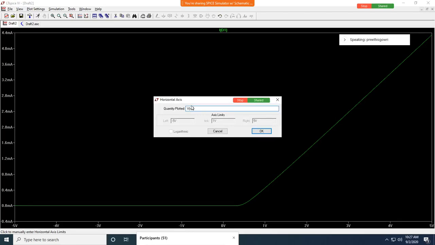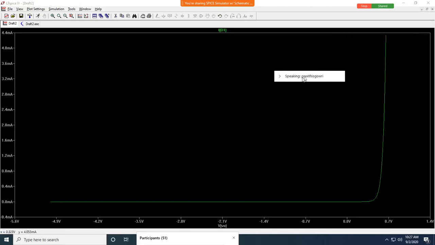I think it is V0. Let me just see. I think it is V0 I typed. See now, this is perfect. Now, I want you to differentiate between that graph and this graph. You can see this is exponentially increasing. See the voltage here? This is nowhere crossing 0.7.